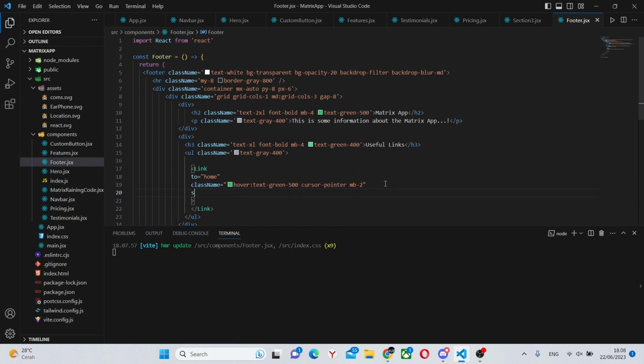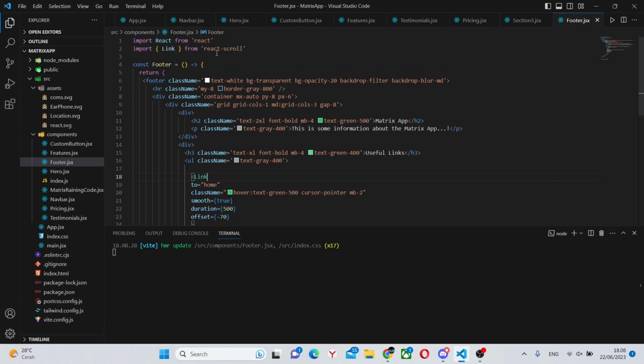We'll add the smooth scroll, so smooth equals true. Under it, duration equals 500 and an offset of -70. I was wondering why we weren't getting any autocompletes. That is because we haven't imported the link.